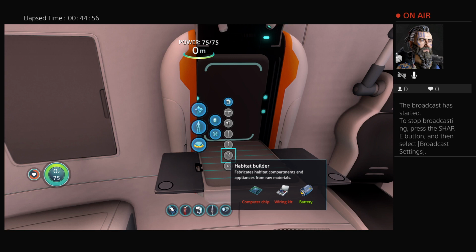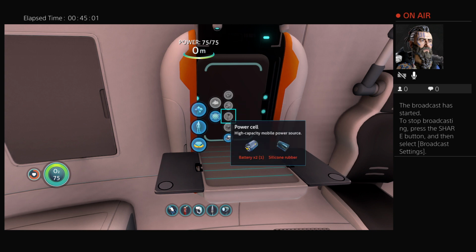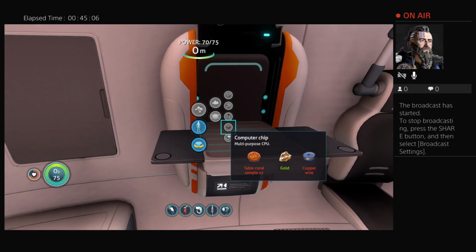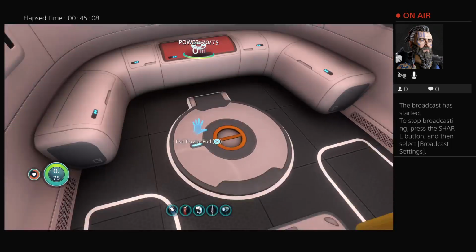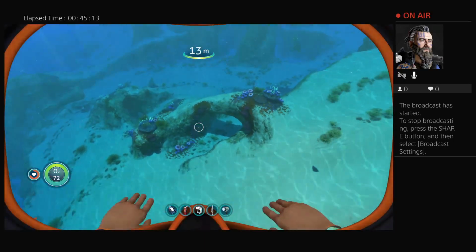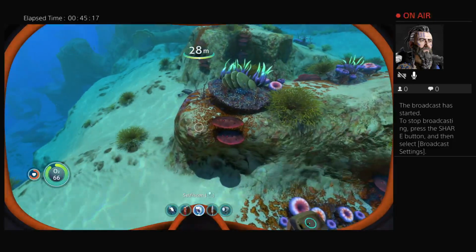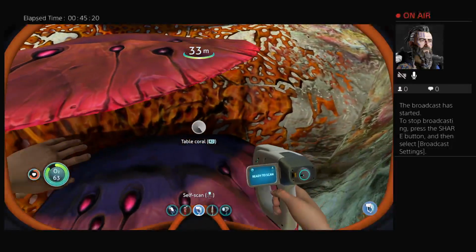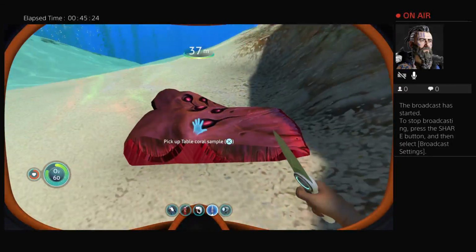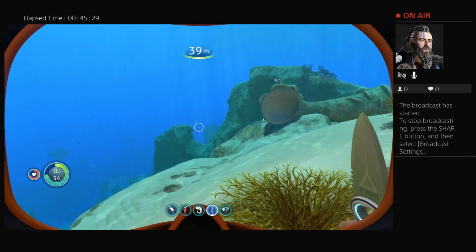Have all the necessary resources. Well, I think we do. We don't. We just need to get some table coral. Yep, table coral and water. Now all we need is 2 copper, and we will be